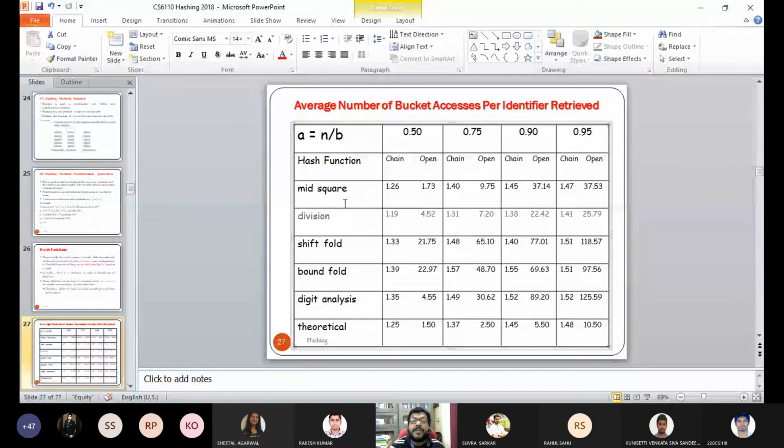Look into this particular term, alpha equal to n by b. This will be given in a question. This value is given, and you are asked to select a hash function. Let us say you have selected x mod 10. Then you have different varieties possible: one is the chained one, and another is the open one. And then you have got different types of hash function,